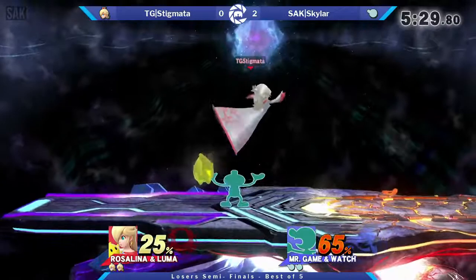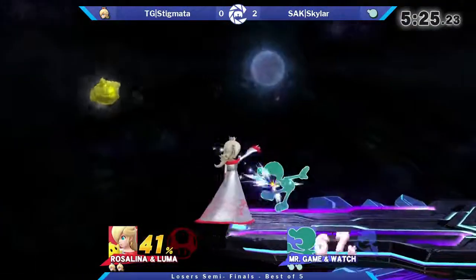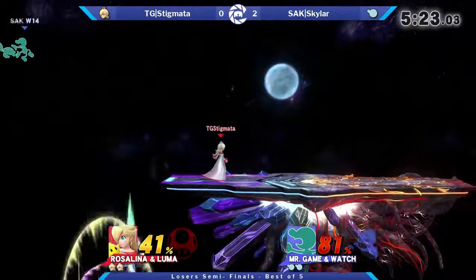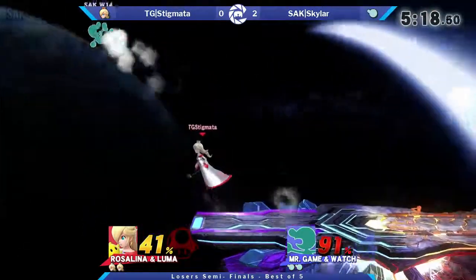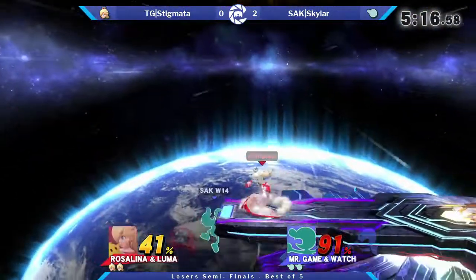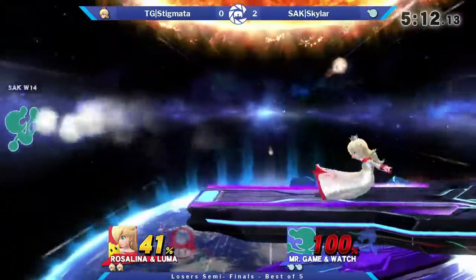So he tries to catch the landing with a dash attack. He's unsuccessful. Skylar is able to land and kill the Luma. So he is going to eat some percent for this, but he manages to find his way back to the stage. Ooh, I like that. Trapping his landings. This was something that worked well when I was playing him too. When Skylar lands, he tends to be...